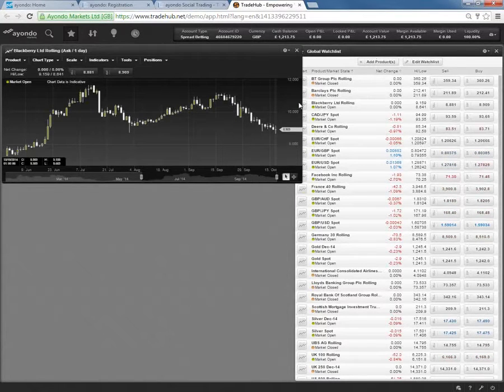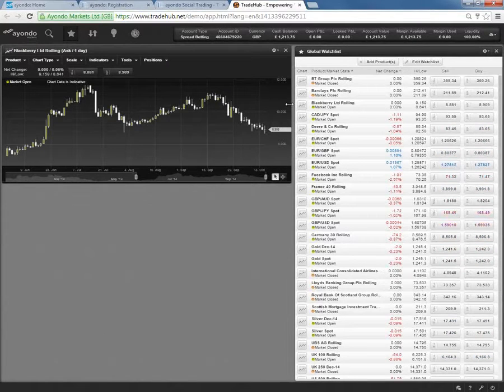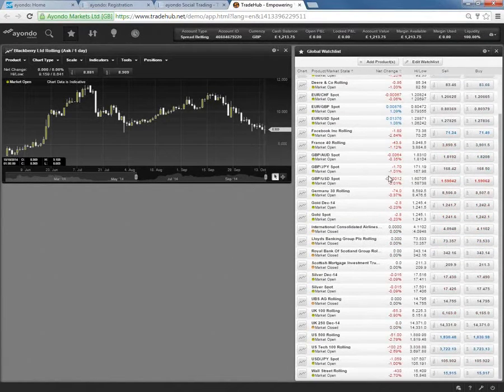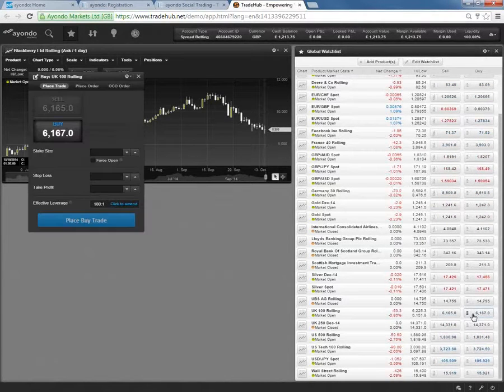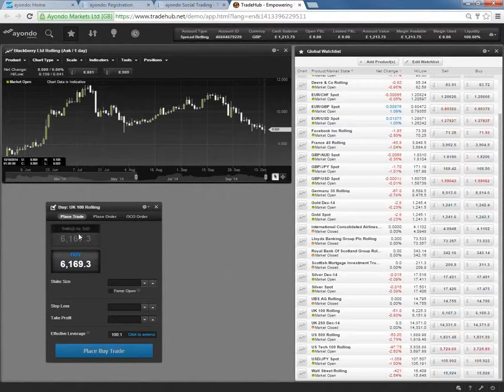So what we'll look to do now is show you the basics of opening a trade. So the easiest way to open a trade from a watch list is you've got the buy and sell price here. So I simply scroll down to UK 100, select buy. That'll then bring up a deal ticket. You can change it to sell just by simply clicking there,